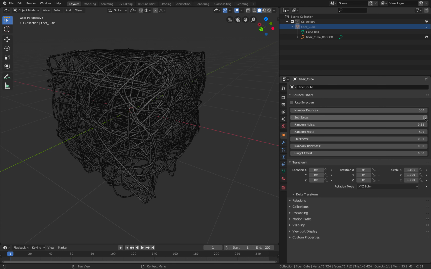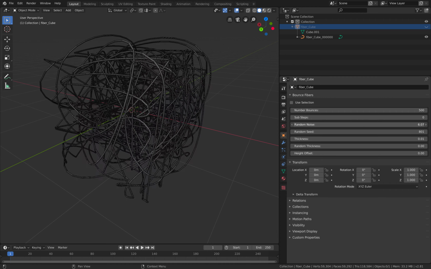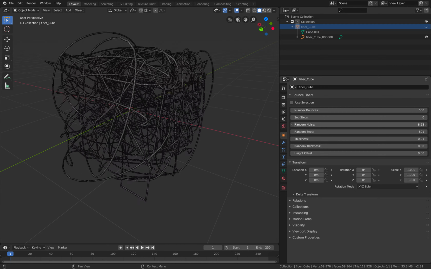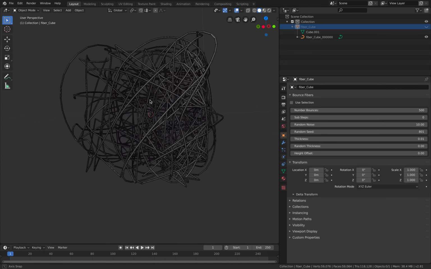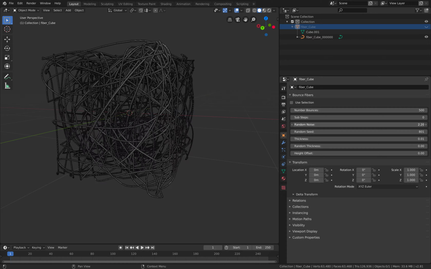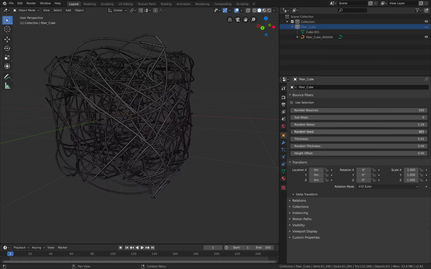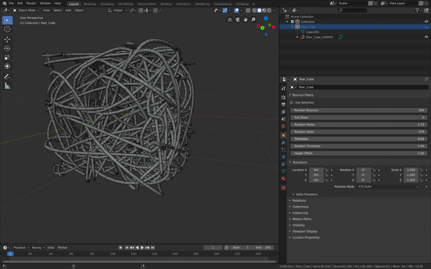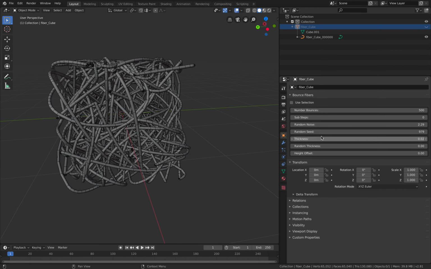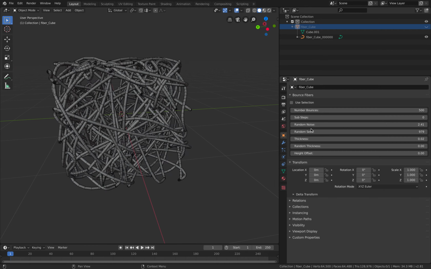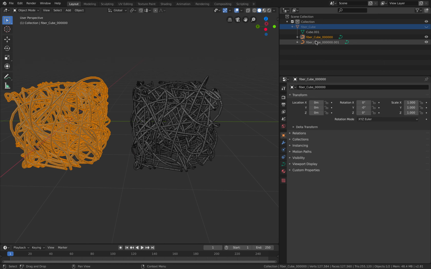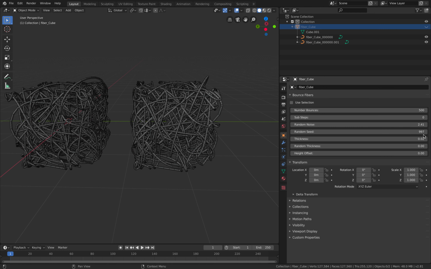You can increase the sub-step, more resolutions along the step, or randomize the noise. Randomize the noise, you probably don't want to do it too much, otherwise it's kind of escaping the geometry, but a little bit's good. And then randomize the seed and thickness. That's kind of nice. If you randomize the noise, you actually can get a quite interesting result, I believe. I mean, randomize the seed, because the point number, I believe the point number is the same. So if you go back to this guy and randomize the seed,